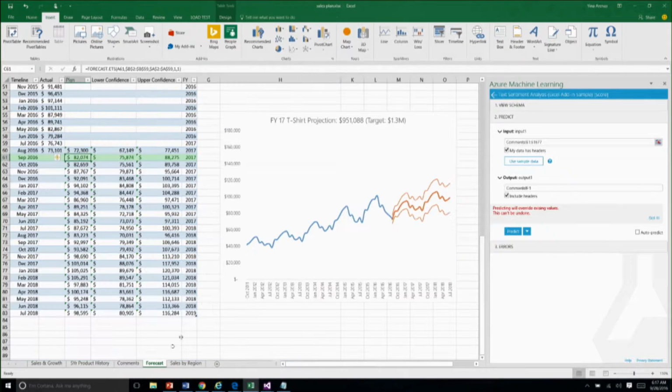Then I can use that data to do forecast. So I'm here on September 2016, and I think my sales for this month are going to be $82,000. And I have my forecast projections for the rest of the next couple of years. Now, if I'm on the go,